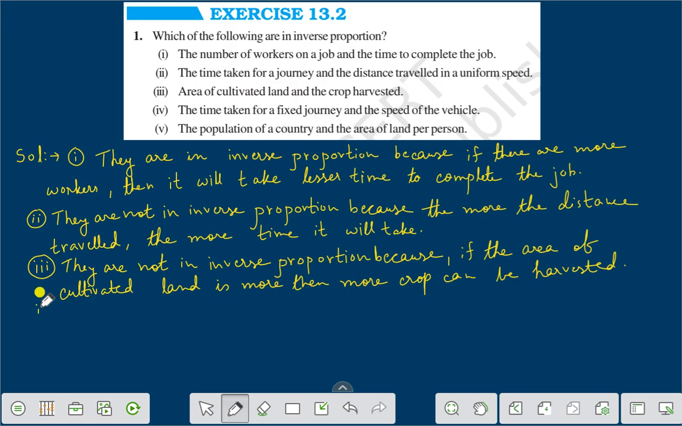Question number 4. The time taken for a fixed journey and the speed of the vehicle, they are in inverse proportion, because